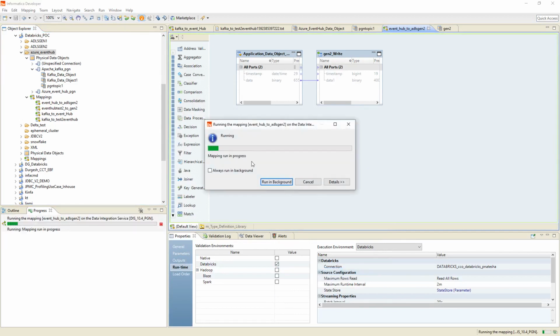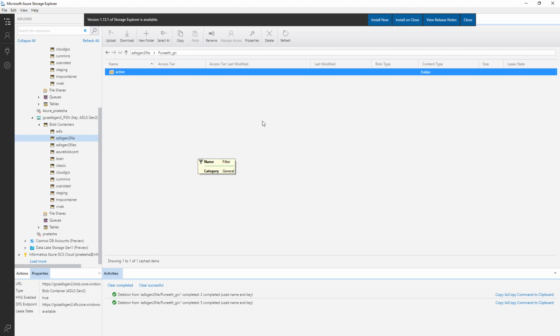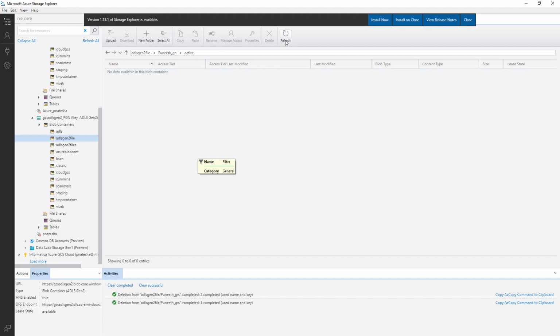Now the mapping has started running. We will observe how the staging is getting created on ADLS Gen 2. So now we are again back to ADLS Gen 2, under the same target directory location, and the active directory got created. Here it should stage the target data.